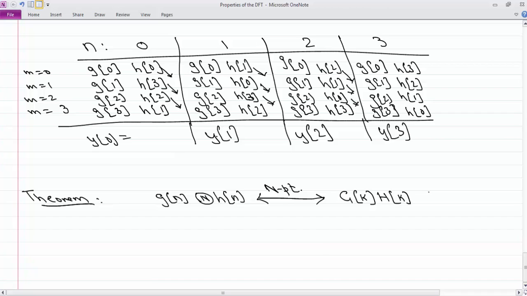Okay. So you have this convolution equals multiplication theorem, but now you are not doing linear convolution. Whenever you are talking about DFT, you are doing circular convolution. Just like when you talk about DFT, you don't talk about linear shift, you talk about circular shift. Now, this theorem is one of the most important theorems in terms of using DFT for processing. And here is the reason that this theorem can be used